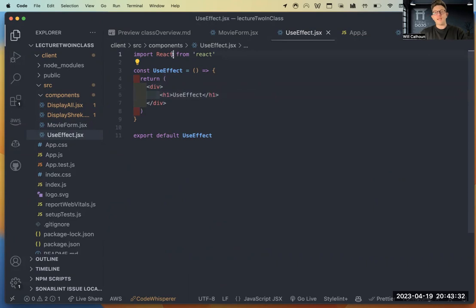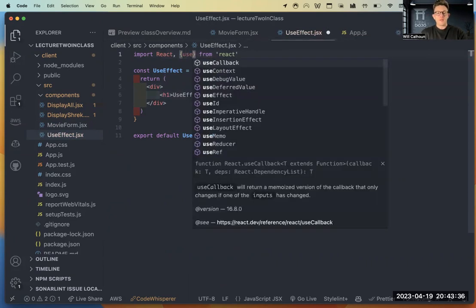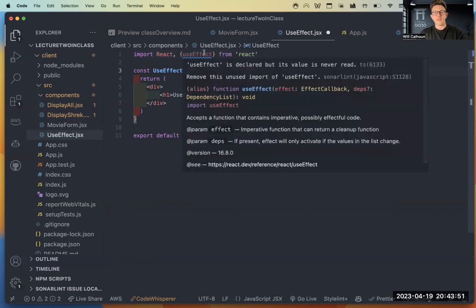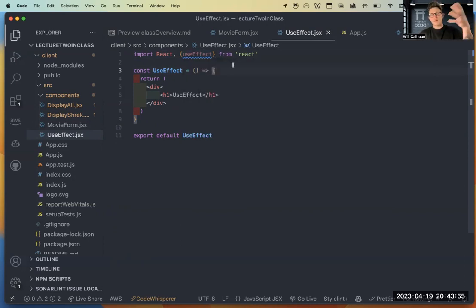First off, we have to bring it in the same way that we bring in use state. So let's pretend that we're using state, we're going to say useState, comma, useEffect. We're not going to use state right now for this example, but just know that use effect is another hook in the same way that state is.